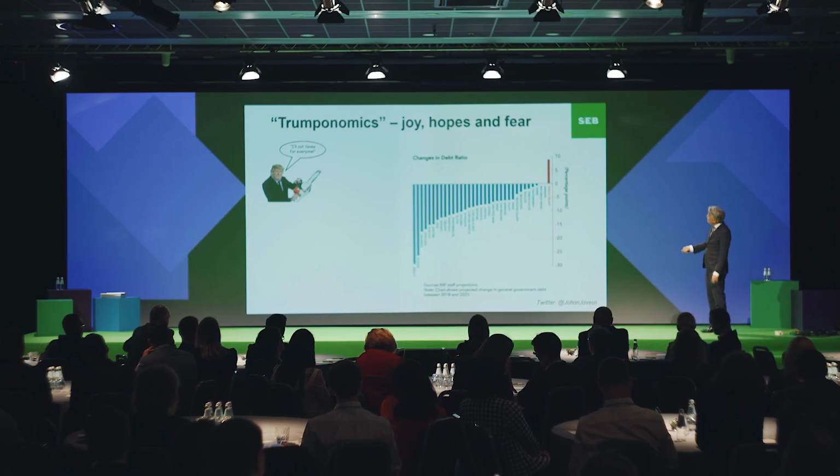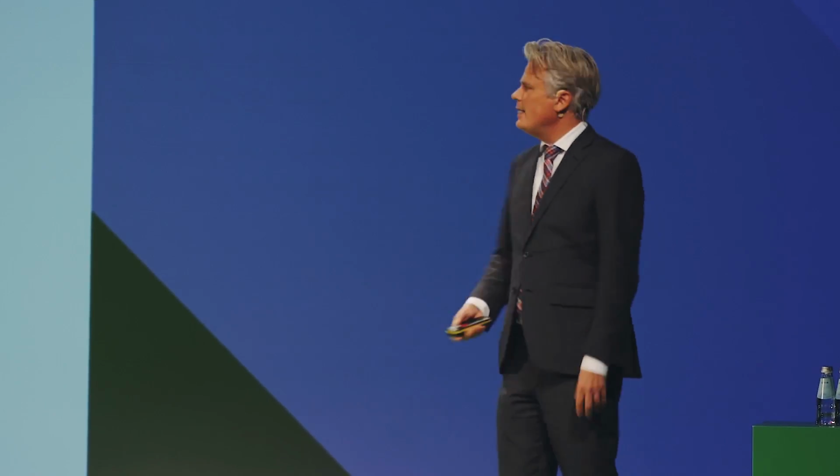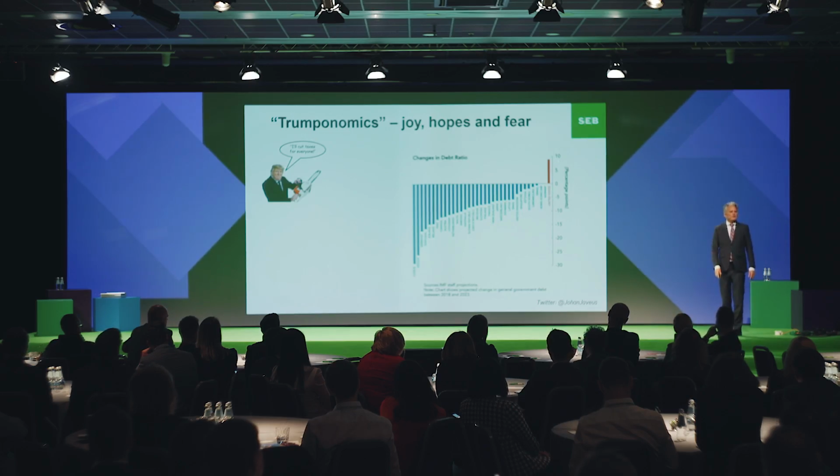And this is a forecast by the IMF made a few quarters ago. And all these countries, it's probably difficult to see the names here, but all these countries, basically the whole world, is expected to pay down its national debt over the coming 5 years, except this red one, which is the US.